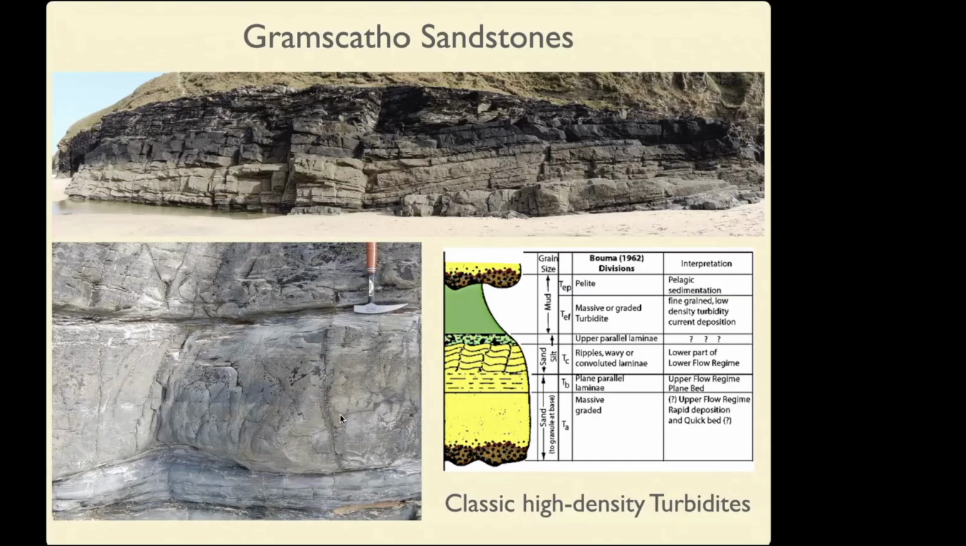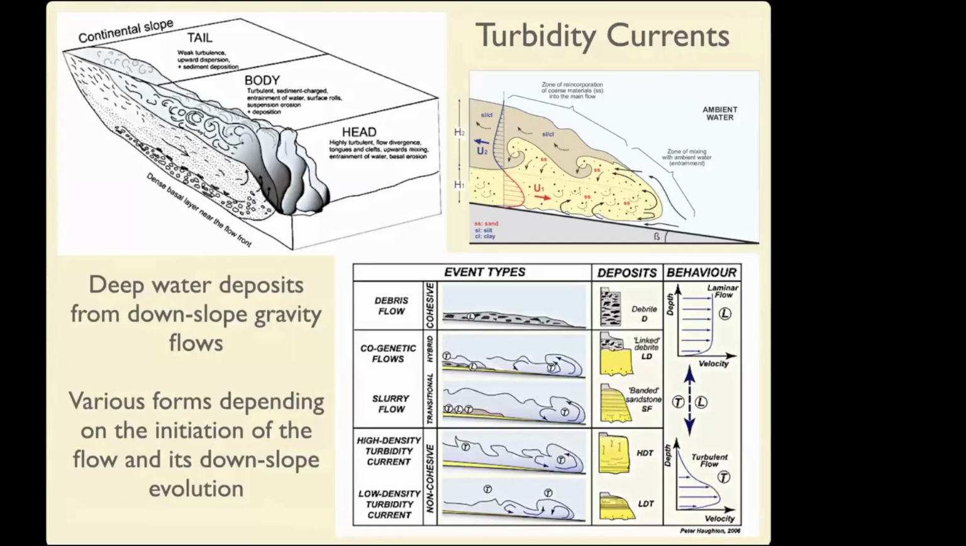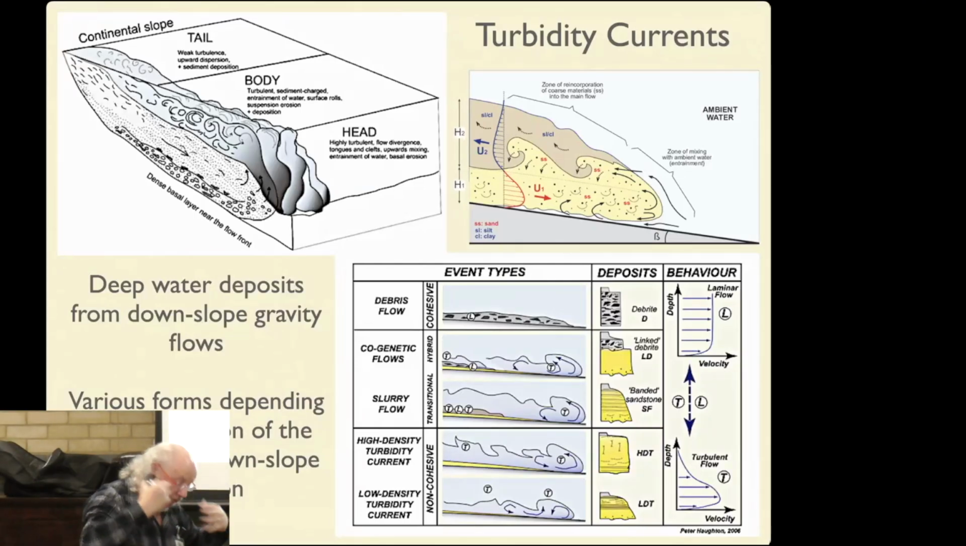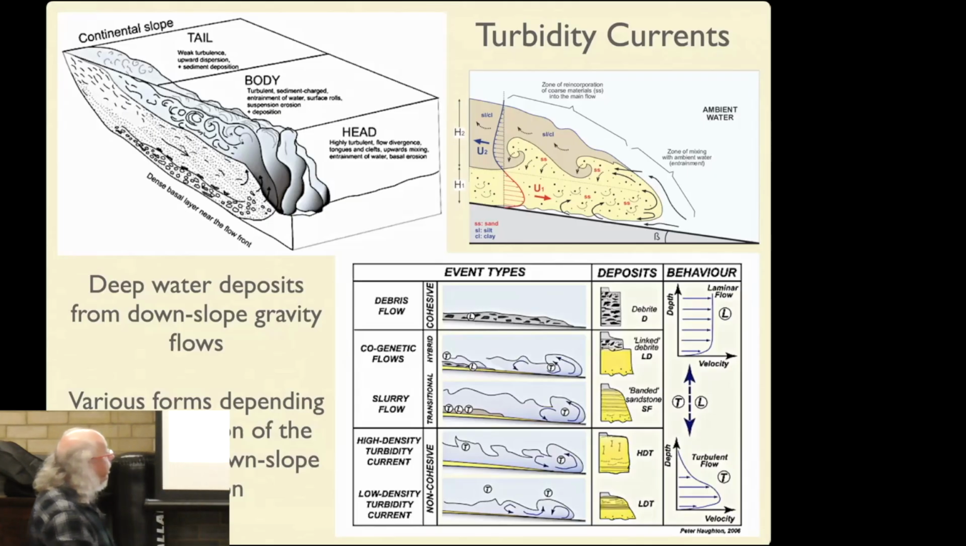And they are deposited from these things called turbidity currents. Now, if you're not familiar with these, they basically form on slopes, so on the basin margin. And what happens is you have something to kick it off, and I'll talk about that in a minute. And then a gravity flow will start moving down the slope. And as it does that,